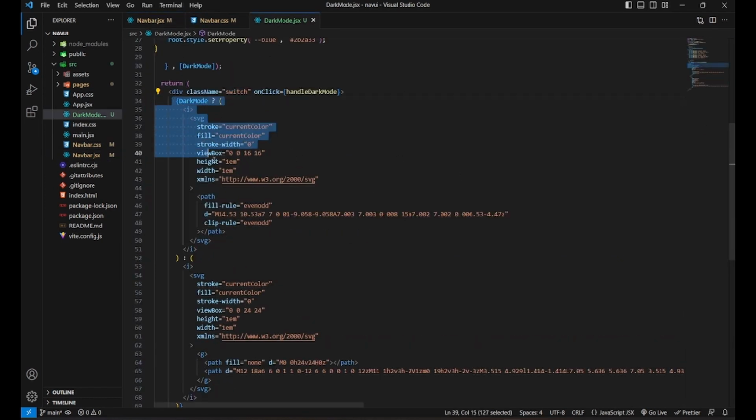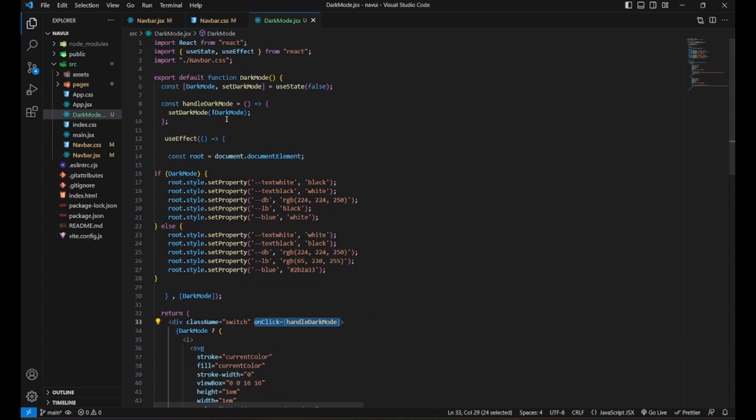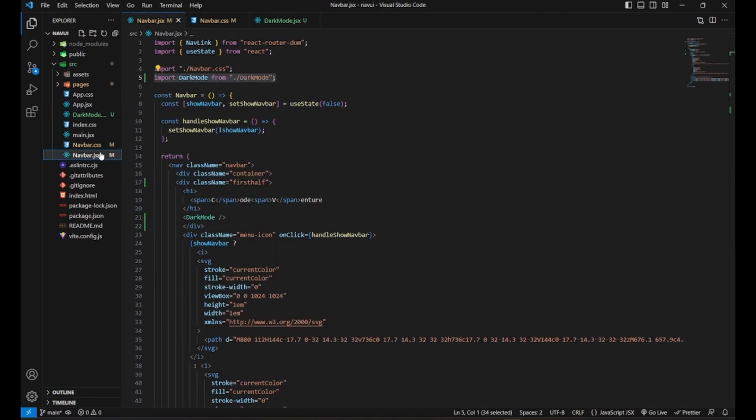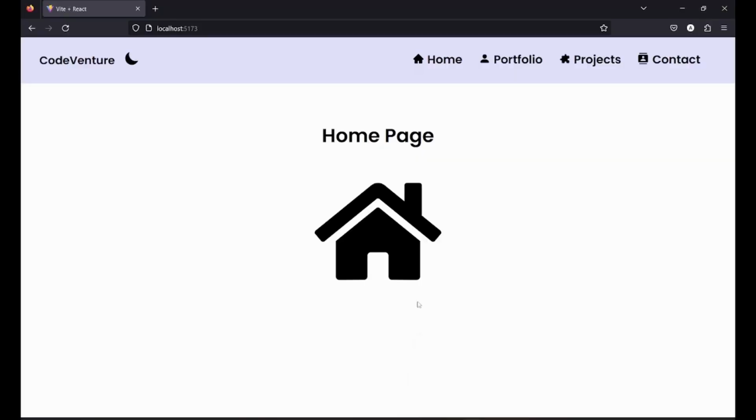And here you can see we have a conditional statement where if the dark mode is true, the icon is implemented. We have an onClick event on that conditional icon and done. So let's move to navbar.jsx and let's see the output.